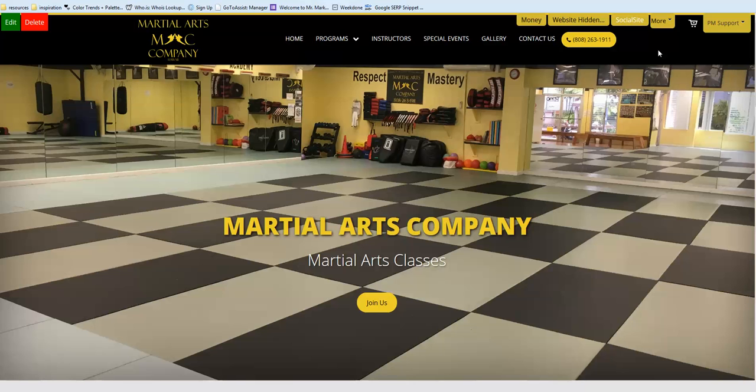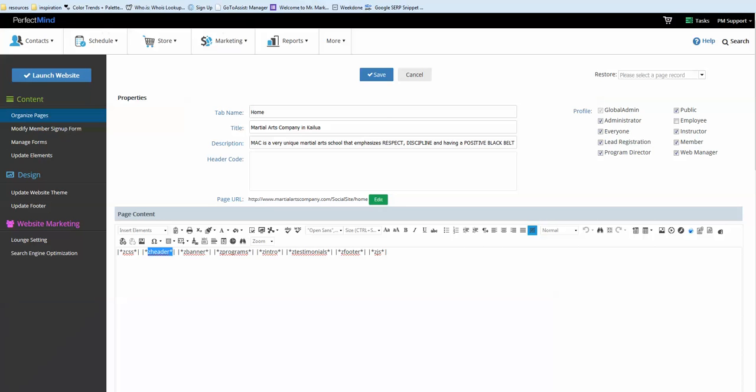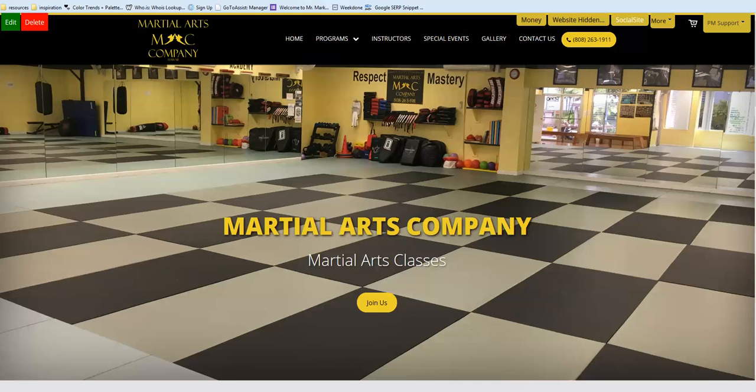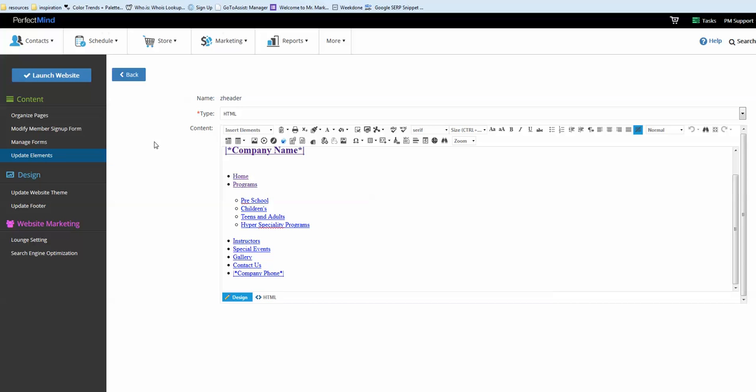That will not show up in the C header files because that's completely separate. Okay, so that's basically the header element. Now the next one would be the banner. So this would be the actual image and also the text that goes on top of that and the Join Us button. So if we go back now to your element list, and I'm going to click back on the elements list itself,